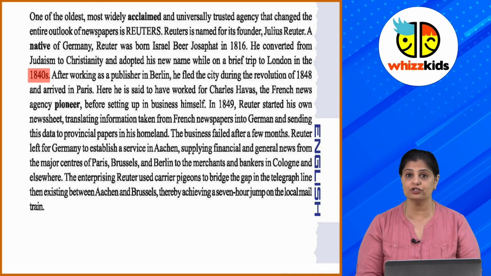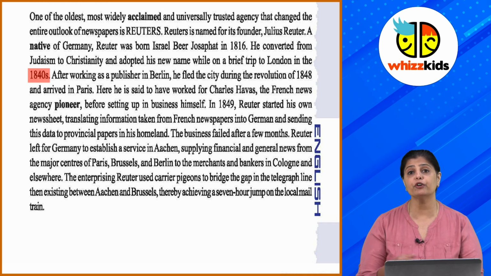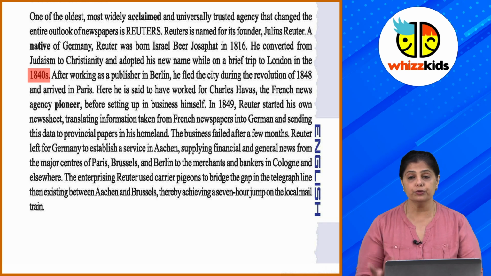most trusted agency और ये सबसे पुरानी वाली agency है. अब इसके जो फाउंडर थे, इस एजेंसी के फाउंडर थे जूलियस रॉयटर, जो बॉर्न तो हुए थे एज ए इजराइलिट, ओके, बट फ्रॉम जुडाइज्म ही ऑप्टेड टू फॉलो क्रिस्टियनिटी। और जब वो क्रिस्टियनिटी में आए तो उन्होंने अपना नाम फ्रॉम बियर जोसेफिट, ही चेंज हिज नेम टू Julius Reuter, okay, and then he went on a brief trip to London